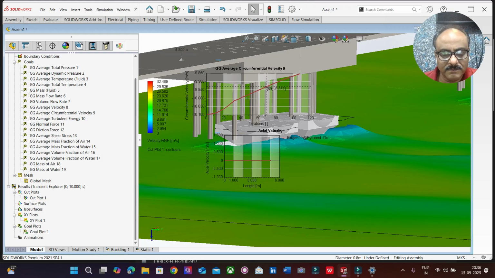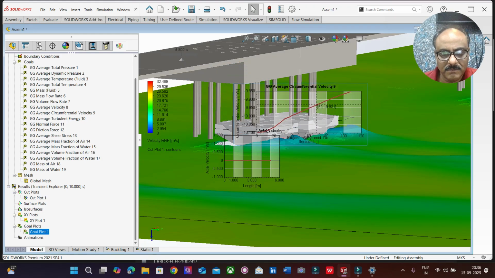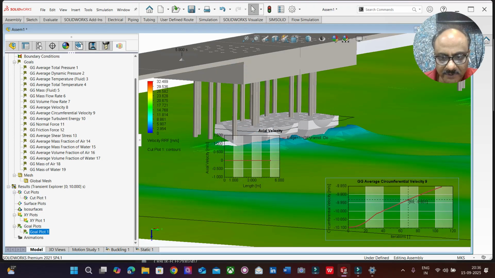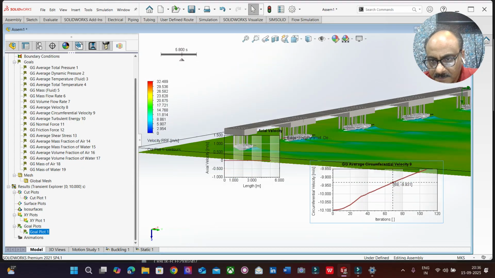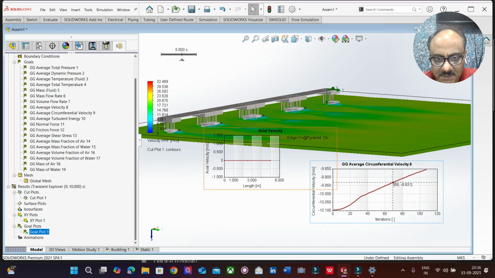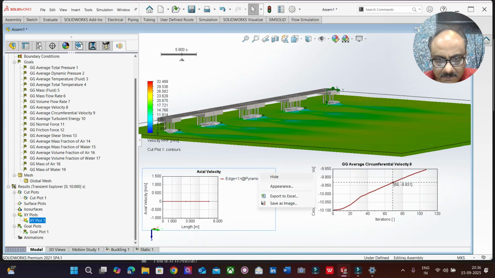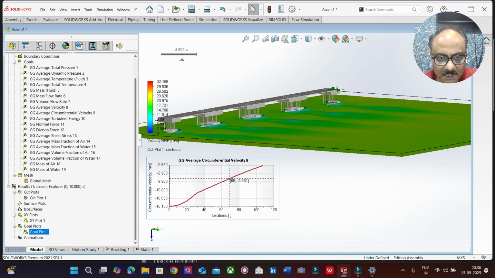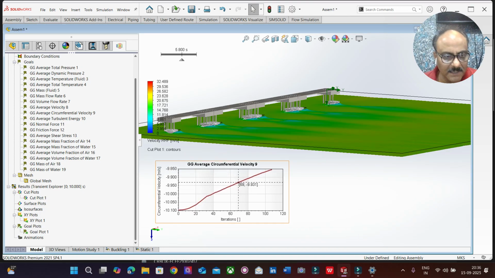So you will find, yeah, this is the circumferential velocity. Okay, so let's reduce the size. Okay. The circumferential velocity is this. Okay, so now let's try to find out